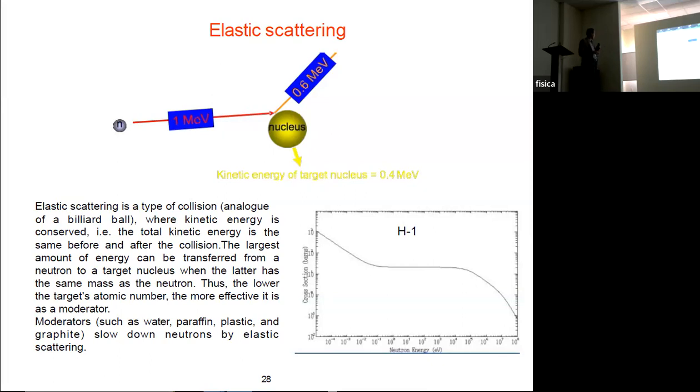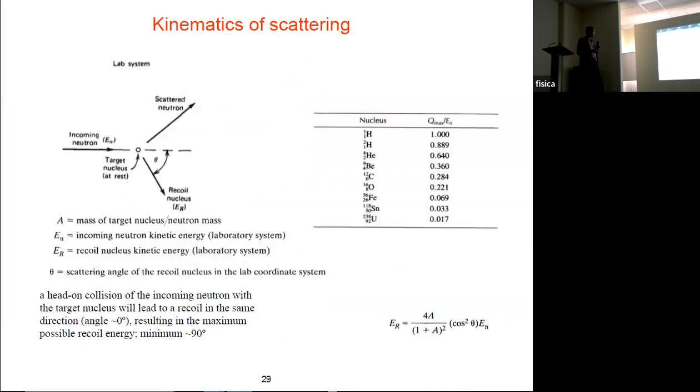Why is that important? Because when we talk about elastic scattering, it's very important for slowing neutrons. We use materials which are called moderators, such as water, paraffin, plastic, and graphite, for example, that have light elements which can sufficiently slow neutrons during interactions. Why do we use light materials? If you look at this picture,